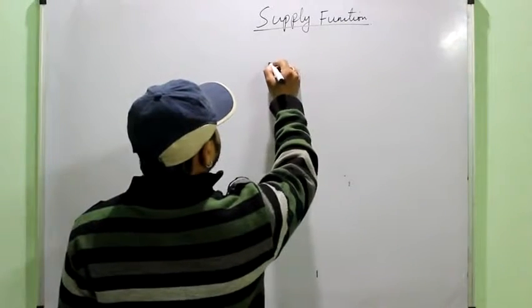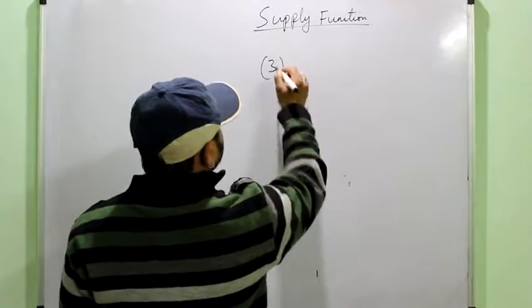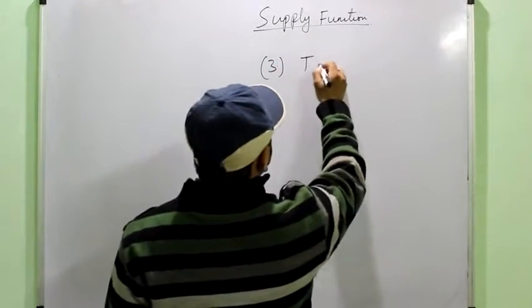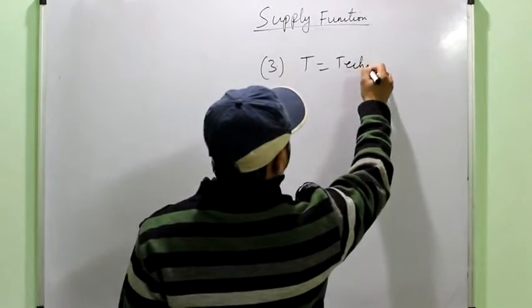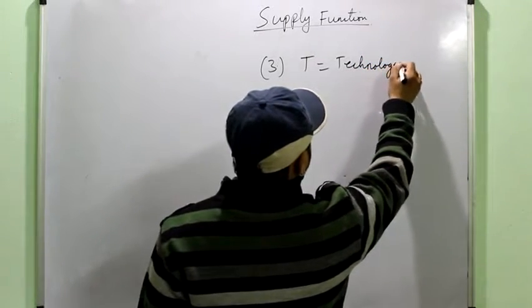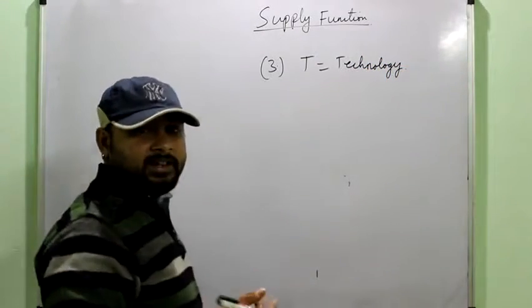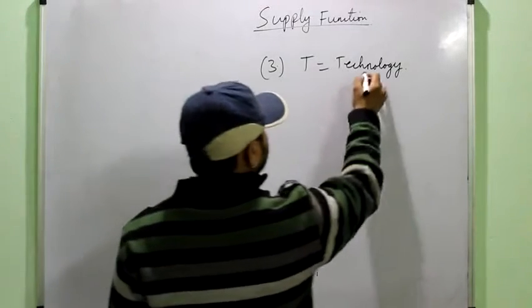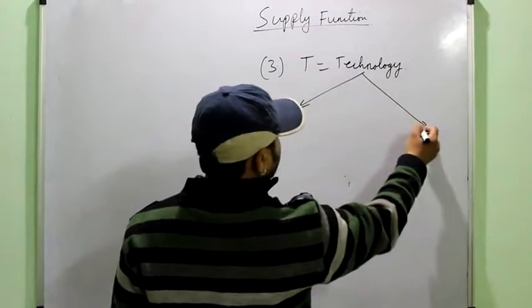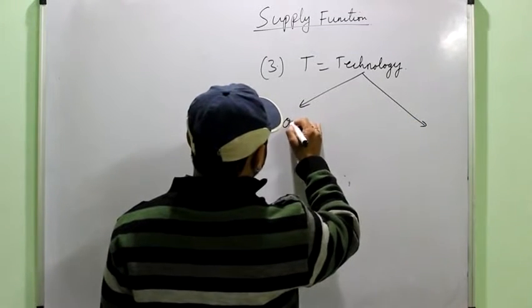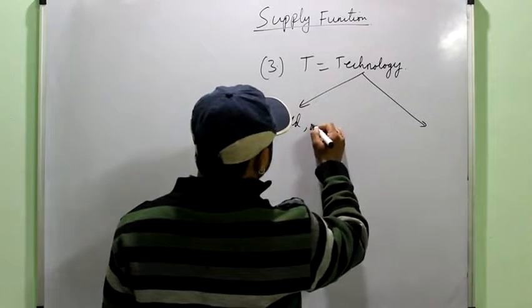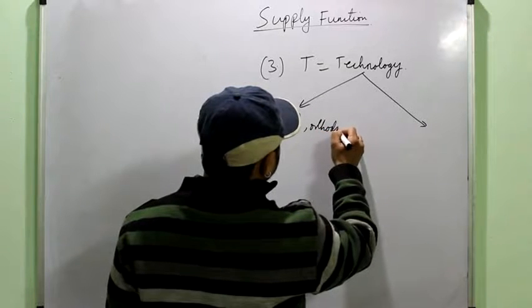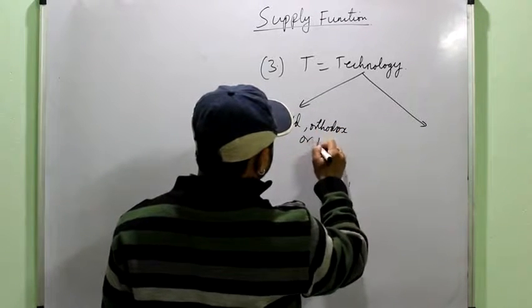Now we have to study the third determinant of supply, that is T. T here means technology. T in case of demand means taste and preference, while here it means the technology used by the firm. So again we have two types of technology: old technology, or you can call it orthodox or traditional technology,